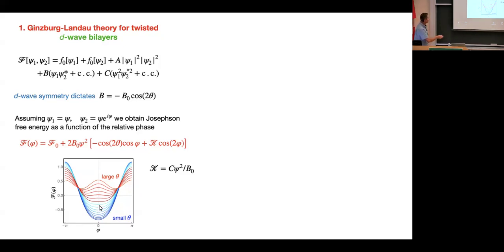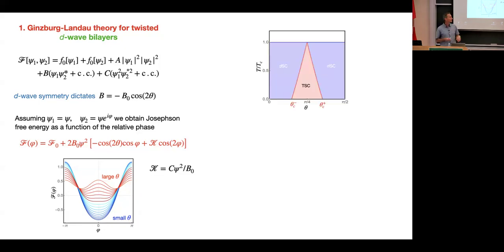However, as you increase twist, at some point there's a critical twist angle at which you find that there are suddenly two minima at non-zero phase phi. And that's the signal for time reversal symmetry breaking. The system has to choose which of these two phases it will go to, just like, for instance, a magnet has to choose whether its magnetization is up or down, and the two states are then conjugate under time reversal symmetry. So this is the simple idea why one expects this time reversal symmetry breaking to occur.